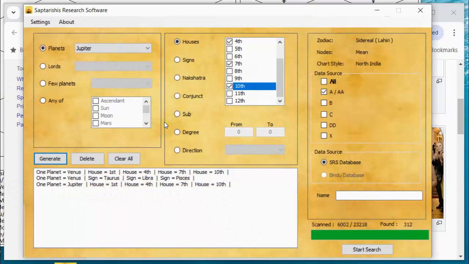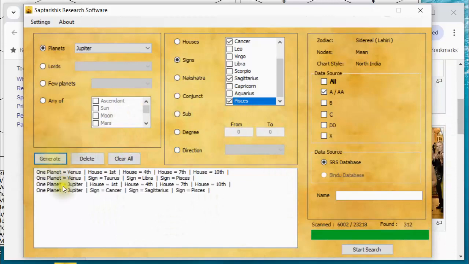What creates Hamsa yoga? When Jupiter is in a kendra and it's either in its own sign or exalted. Okay, so then we click on the signs. We still have Jupiter here, key ingredient. Now I want to specify it by sign. So I scroll back to the top here and I find the signs where Jupiter is strong. Cancer, where it's exalted, Sagittarius, which it owns, and Pisces, which it owns. This is a little bit similar to the Kesari example I did earlier. So that looks good. Let me hit the generate button and read this line and make sure that it says what I want it to. Jupiter in Cancer or Sagittarius or Pisces. So that statement is true.